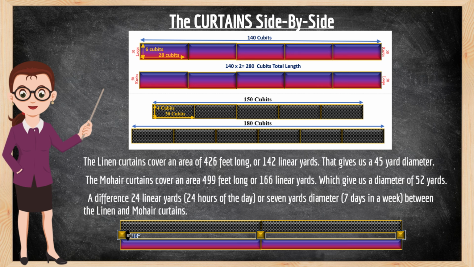I believe that the linen was attached to the inside of the frame like a wall liner, and the goat's hair was attached to the outside of the frame, which had a depth of 18 inches of lumber between the 2 curtains. So by having this goat's hair on the outside and the linen on the inside, with the frame between the 2 curtains, and that frame, like I said, is 18 inches deep, this would give the tent a